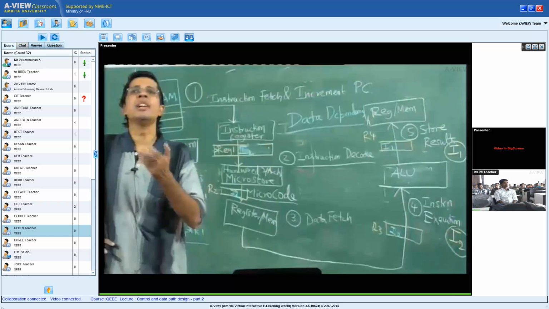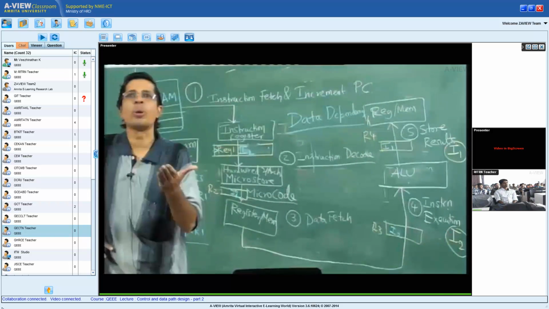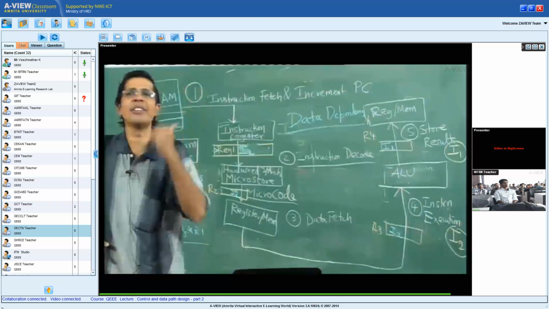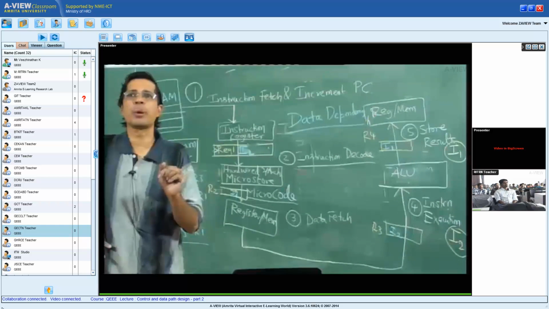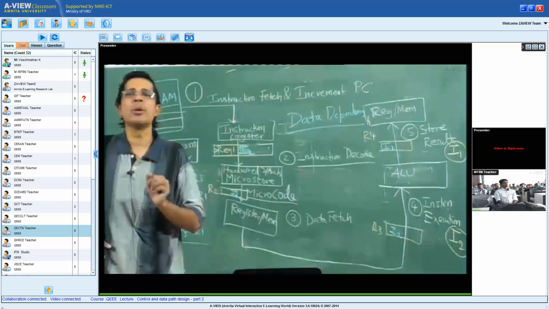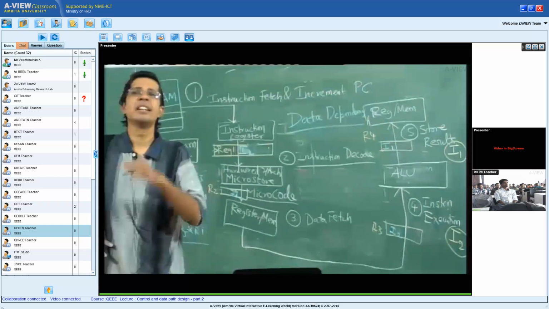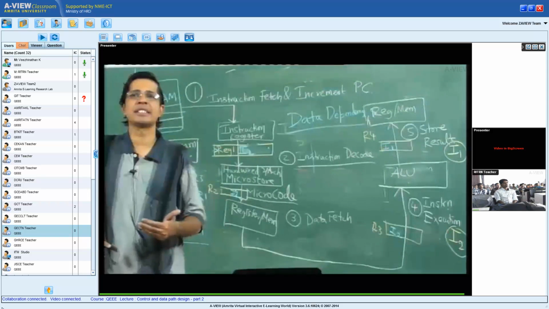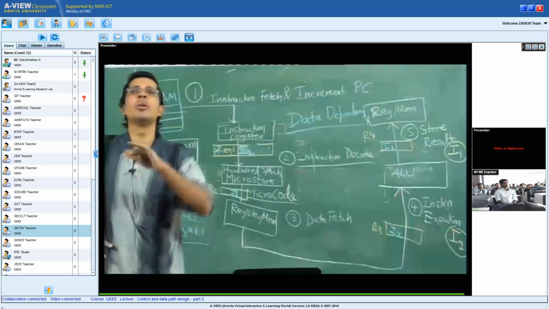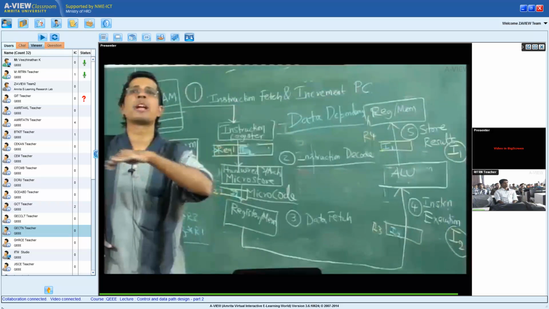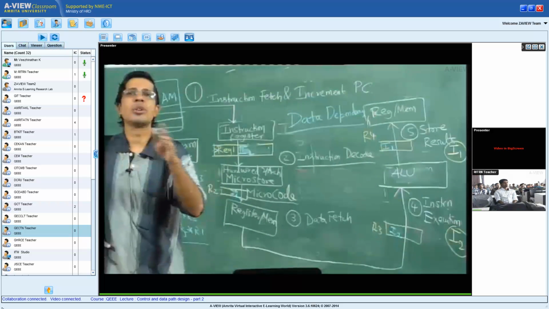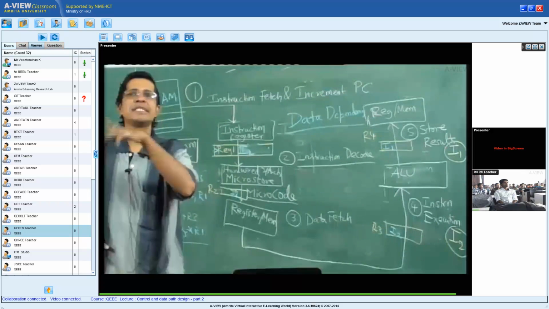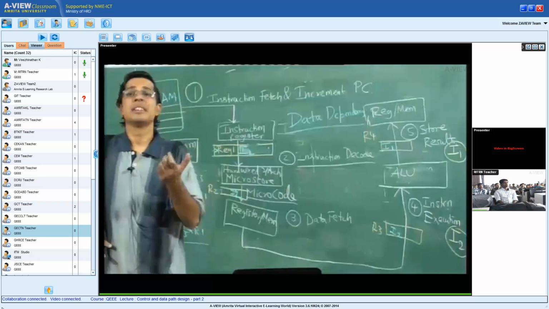For example, if you try to divide by 0, the hardware cannot handle that. You have written a wrong program that divides by 0. Immediately the hardware will say, sorry, I can't handle this, and it will transfer control back to the operating system. Then the operating system will tell you, you are dividing by 0, so your program is not getting executed. So when you write a program, say k = n / 0 in C, and you run it, then what happens?